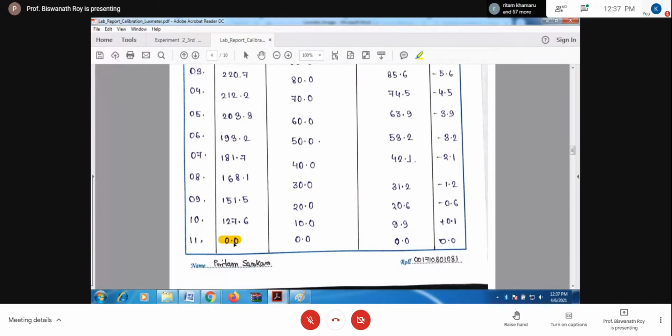No voltage should be there, because even if the voltage is zero, even if the lamp is off, there is a chance that light may enter the sensor. Sufficient precaution should be taken such that no light reaches the sensor. It is not that the voltage is zero. If the voltage were zero here, it would mean the lamp is switched off.